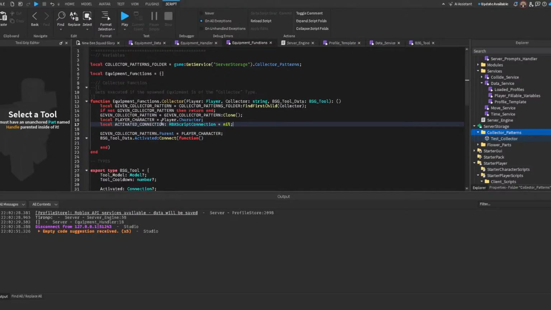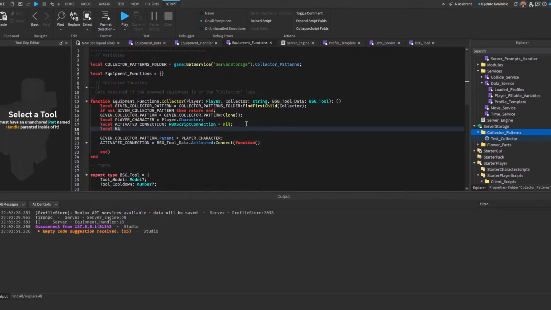It's very handy. So basically when the tool gets actually activated, I'm going to grab the nearest flower that the player is closest to, and then from there on I can do a bunch of other stuff. So wait, 5. So in studs,